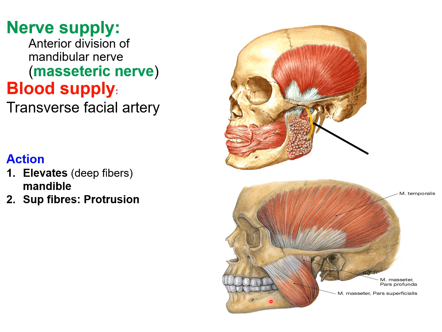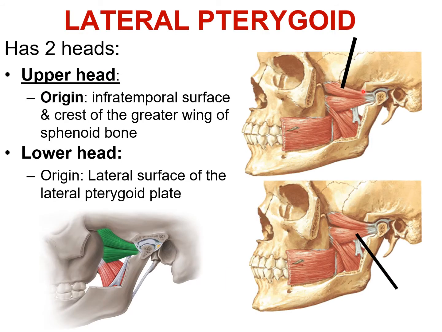With unilateral contraction of masseter, the mandible protrudes on that side and it pivots around the opposite side so that the chin is facing towards the opposite side. Alternate contraction of the two sides results in swinging of chin from one side to another, resulting in grinding movement of teeth. Talking about another muscle, that is the lateral pterygoid.